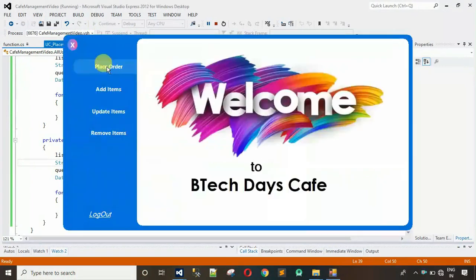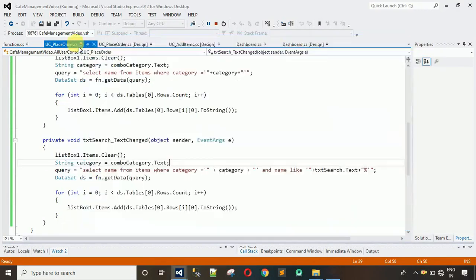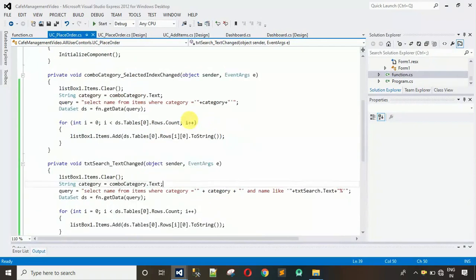Login, place order, select South Indian, and when I write D, here you can see we have only dosa. When I delete this and write I, yeah, we have only idli. Yeah, this one is working fine. But here you can observe one small thing: we have added the same code 2 times